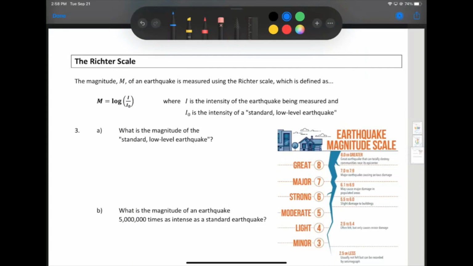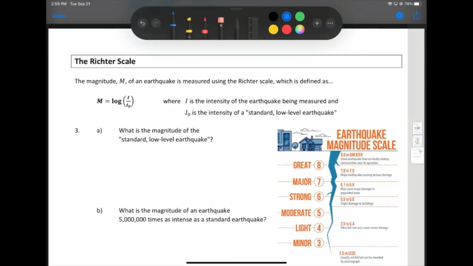It has to do with how it's actually measured, but it's done the same and it rates the same. So we still call it the Richter scale. Yields pretty much the same numbers. So the magnitude M of an earthquake is measured using the Richter scale, which is defined by M equals log of I over I naught, where I is the intensity of the earthquake and I naught is the intensity of